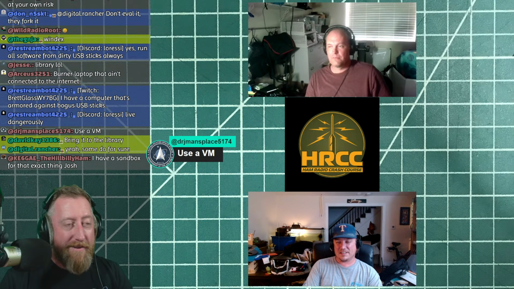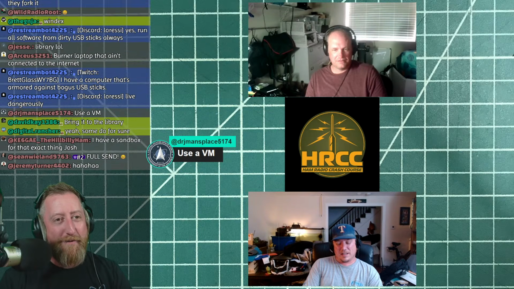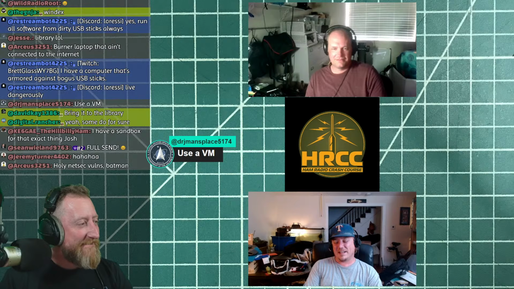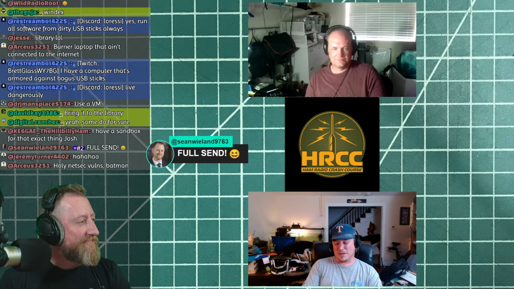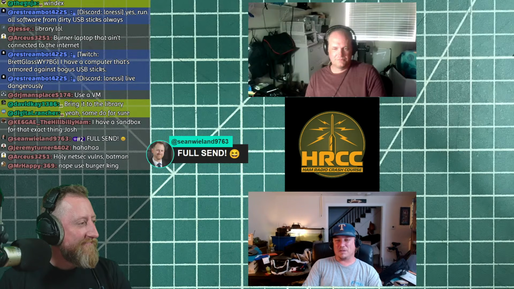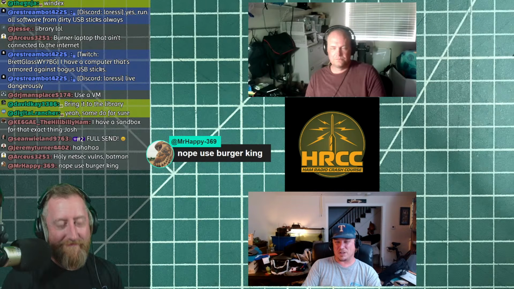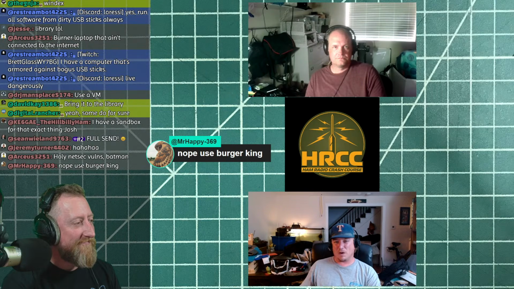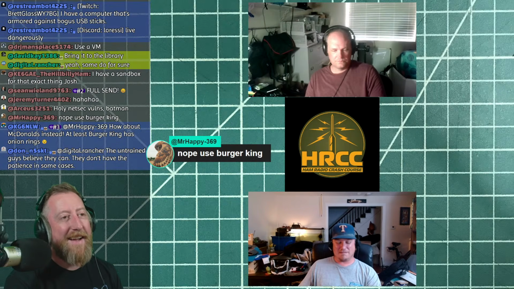Use a VM if you've got a home lab. Nick's had an exhale moment, go for it. There are only so many layers of sandboxing you can do. So it's what you know how to do that is practical, and take the practical precautions. VMs are good. Containerization is good. An isolated laptop off the network is better, but not practical, because a lot of times these things need network connections. They have to reach out to the internet to get whatever data.